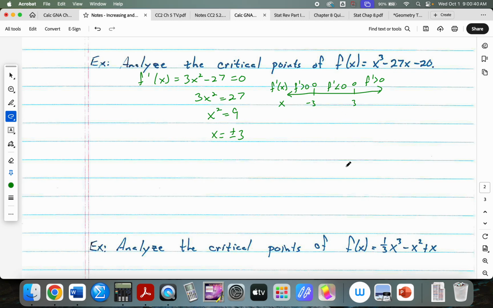F prime is greater than 0. So at x is -3, f prime changes from positive to negative. So f of -3 is a local maximum